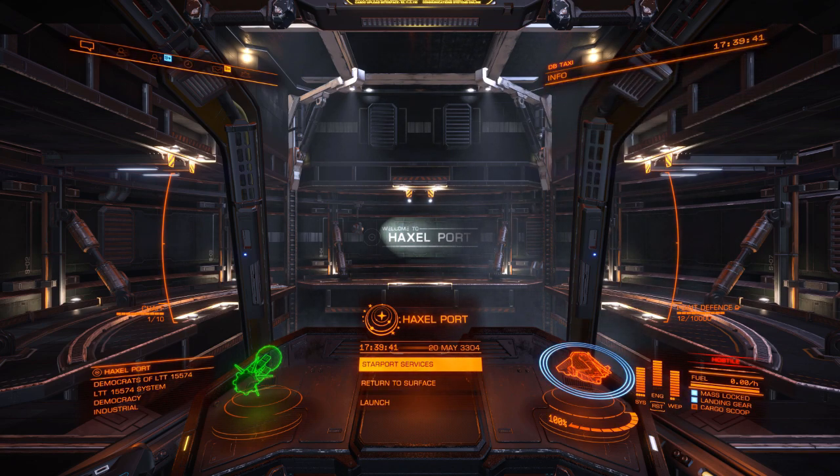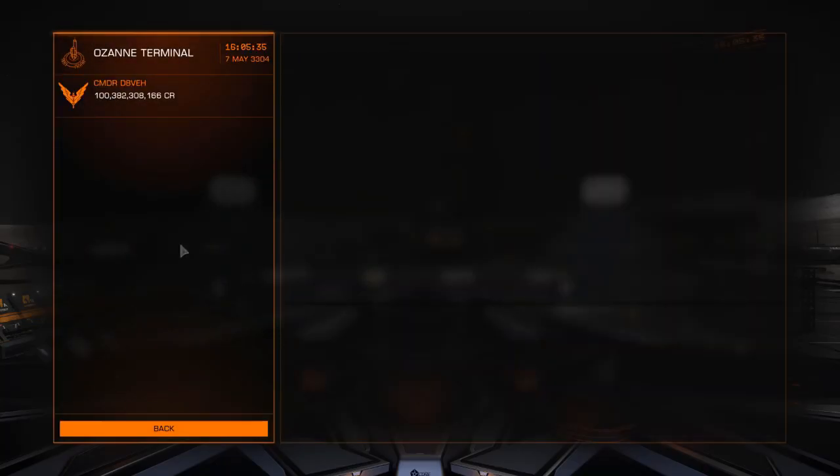I didn't have any trouble in a Corvette. I just went there and did my business, tanked all the fire, used my SCBs when my shields went down a bit, and after 10, 15 minutes you've done all the missions and you can come back again, and that's all you need. So if we look at the mission board,